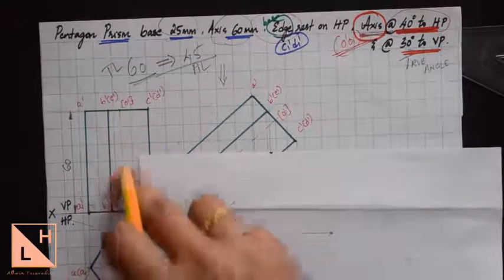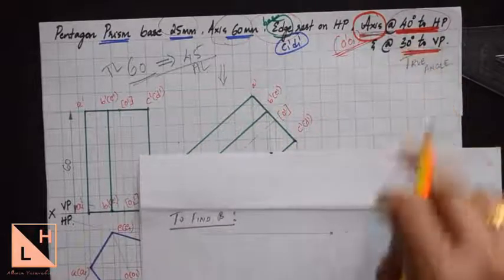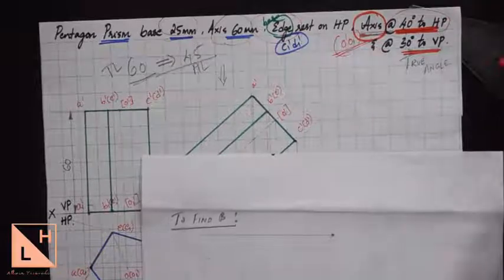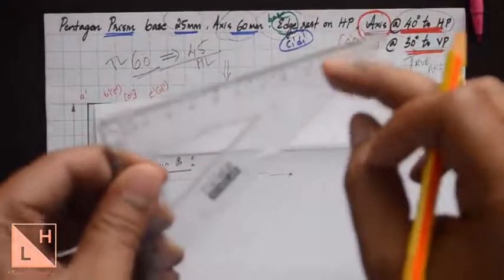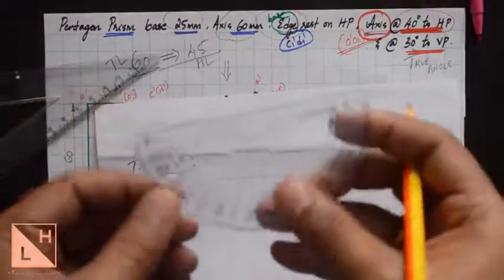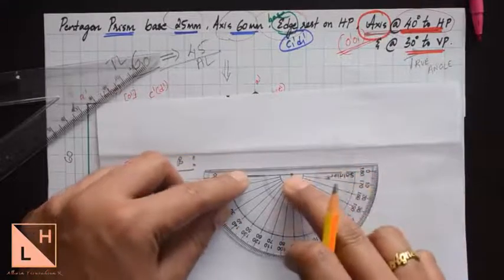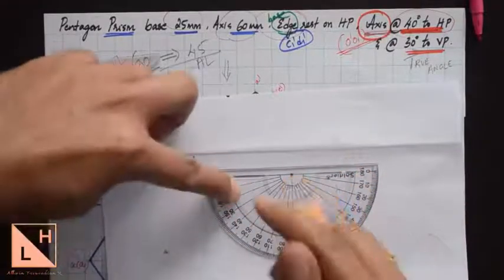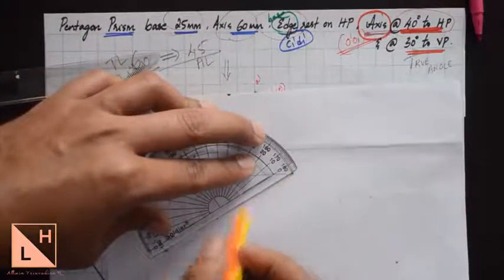Okay, we'll draw a horizontal line, mark a point over there, and mark the true length of the given axis length and incline it to the true angle. So we need to draw a 30 degree line from here, which you can do either by using a 30 degree set square, or you can also use a protractor to get the 30 degree line. So I'll use a protractor here. You can keep the protractor reference point over here on the point that you have marked and mark a dot for 30 degrees and draw a line here.